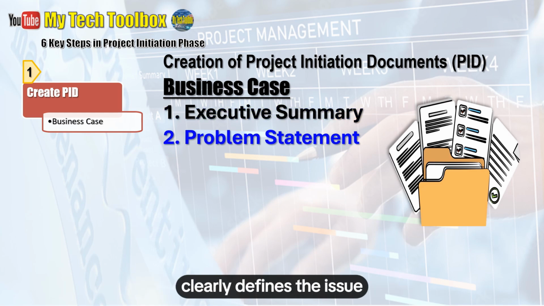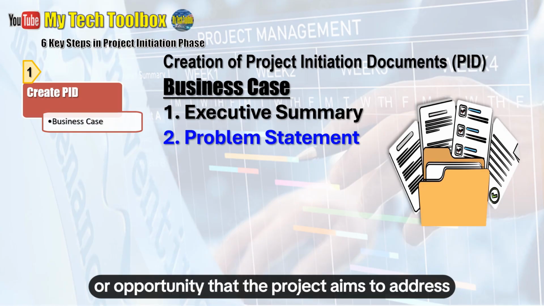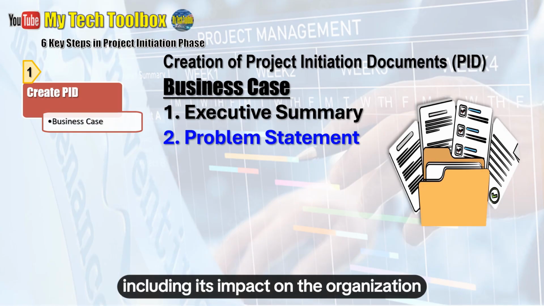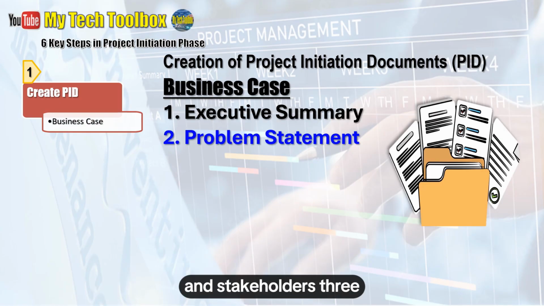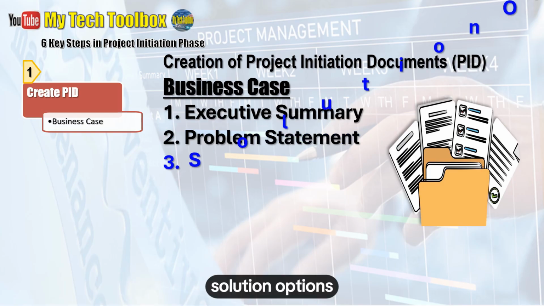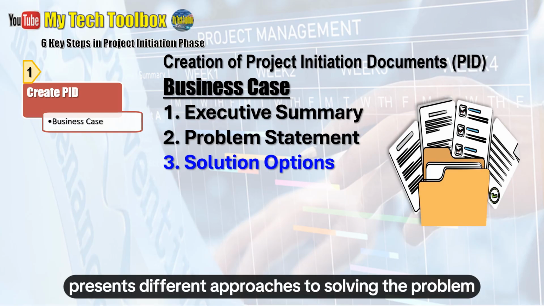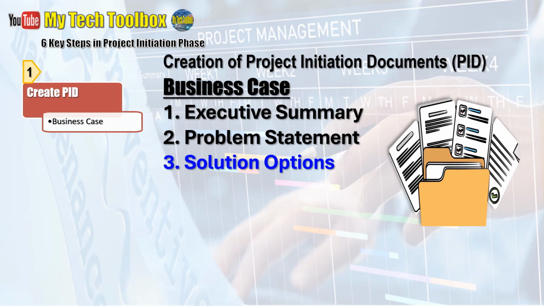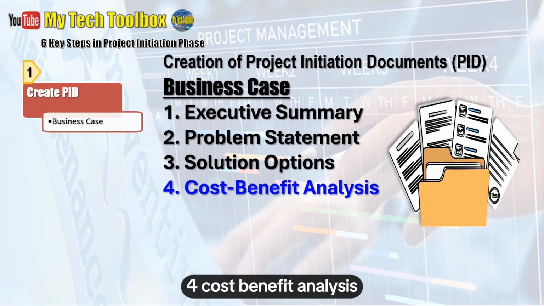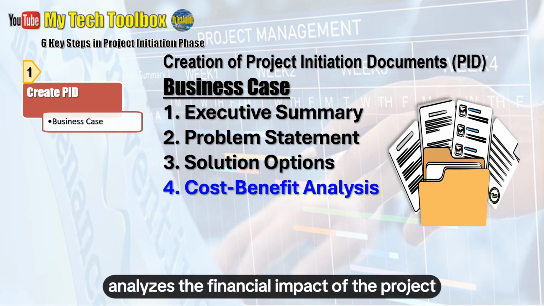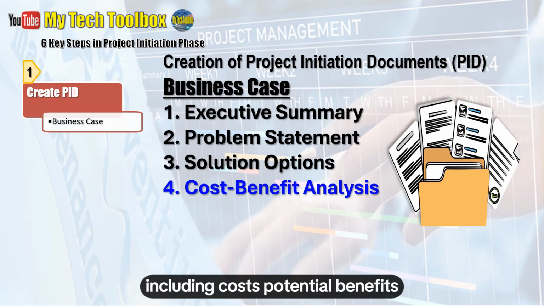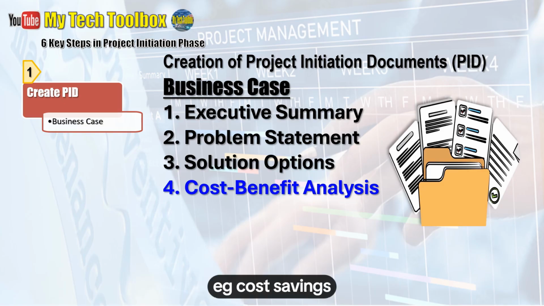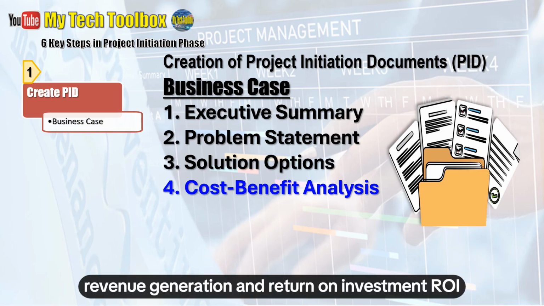Clearly defines the issue or opportunity that the project aims to address, including its impact on the organization and stakeholders. 3. Solution options. Presents different approaches to solving the problem, including their advantages and disadvantages. 4. Cost-benefit analysis. Analyzes the financial impact of the project, including costs, potential benefits, e.g., cost savings, revenue generation, and